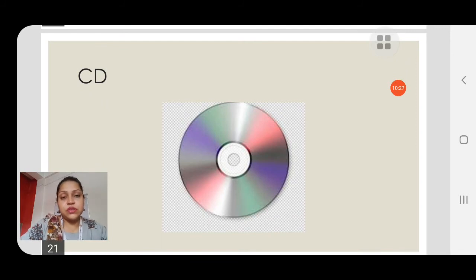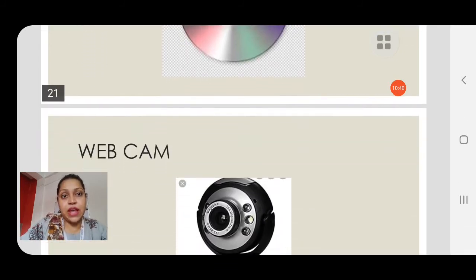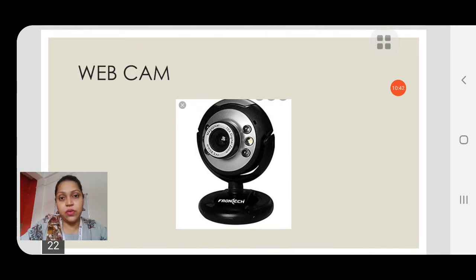We can store movies and songs in it and use them as and when necessary. Then, children, we have a webcam. This is the camera of the computer or laptop. It is used when someone wants to talk to a person far away with the help of a computer, and they want to see each other, then they use this camera.